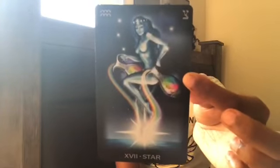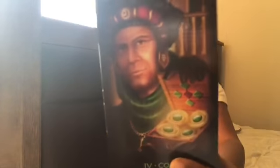Okay. So we got the Star card. Could be possible Aquarius energy. We got the Four of Coins. We got the Devil. And then the Moon. So with this energy, I'm definitely feeling like some sense of